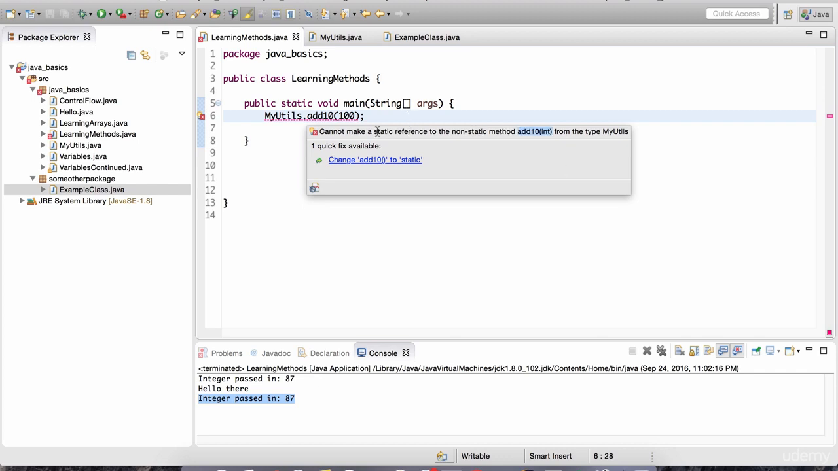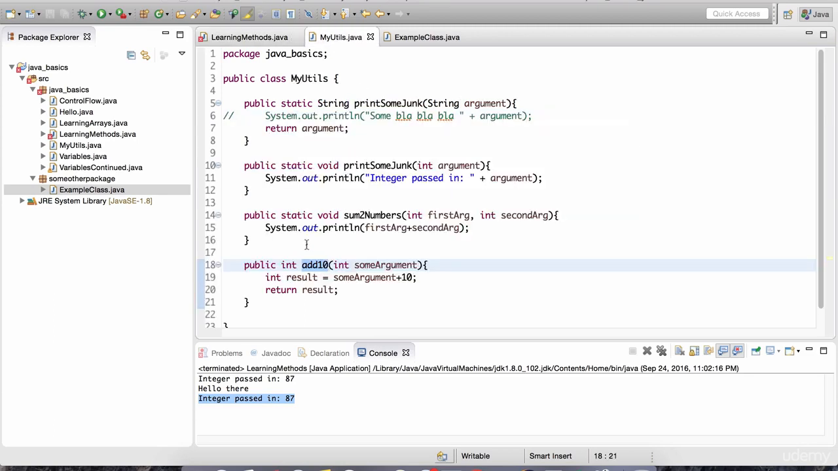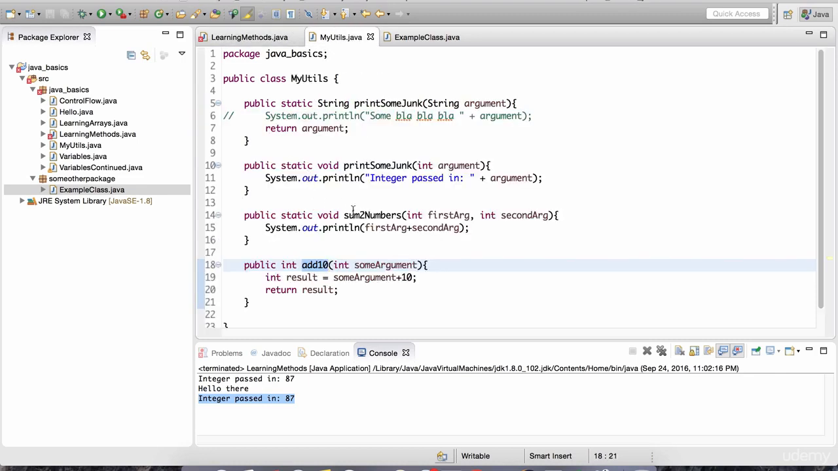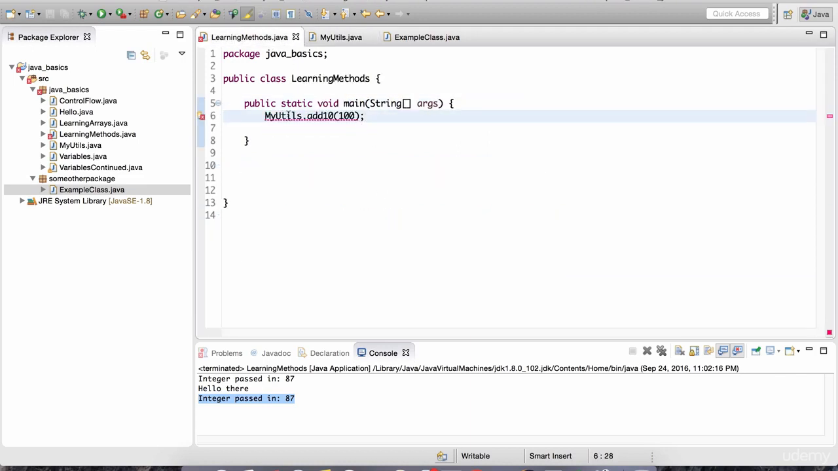So this should give you a hint that every time we invoke a method with this myutils class, we are making a static reference. But since in this class I removed the static keyword from the add10 method, we can no longer invoke it directly like this in a static way. These other methods are static methods, so we can invoke them directly by just referencing the class. But for this method, there is a little bit of extra syntax that we need to implement. And let me show you that